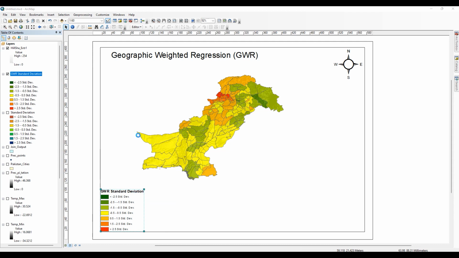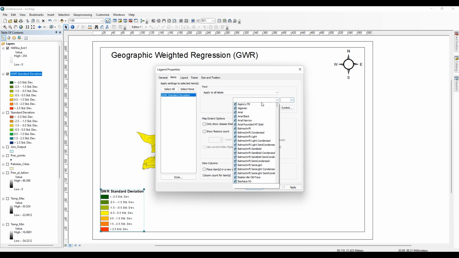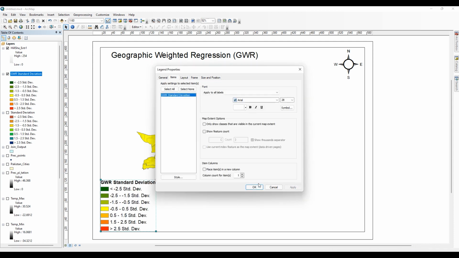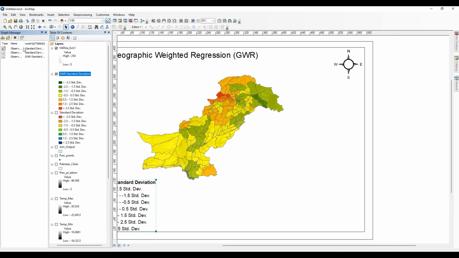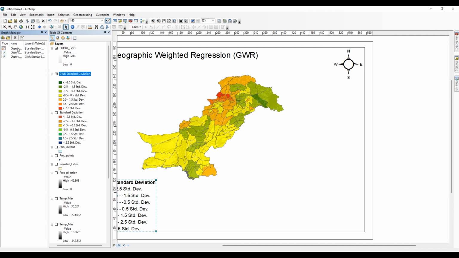Change the font size so it can be visible. Now adding the graph by going to manage graphs. Add to the layout.